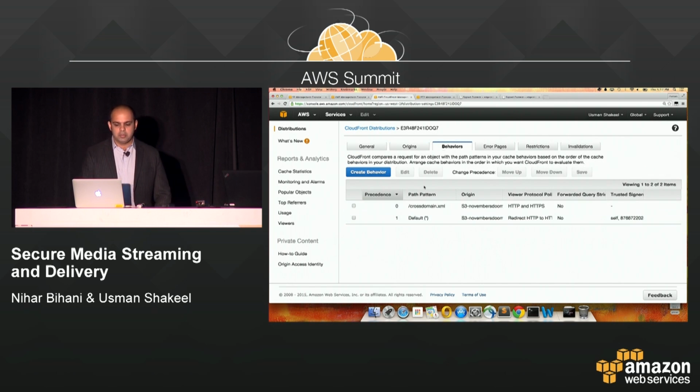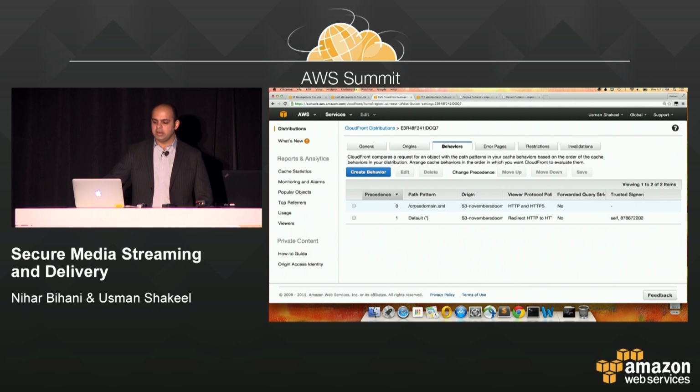A little bit about behaviors. Here, there is going to be a crossdomain.xml file. It's basically accessible over HTTP and HTTPS. Anything else, the key files, the manifest file, the chunks, everything is going to be over HTTPS. And here, the trusted